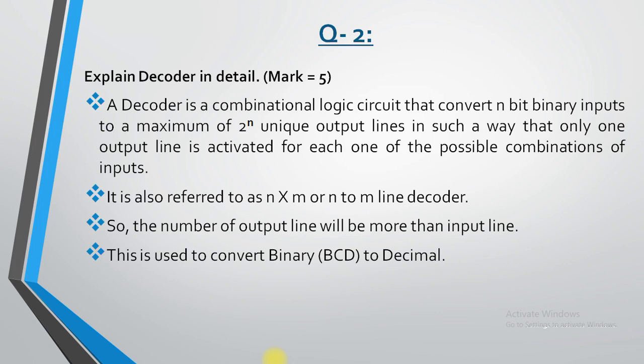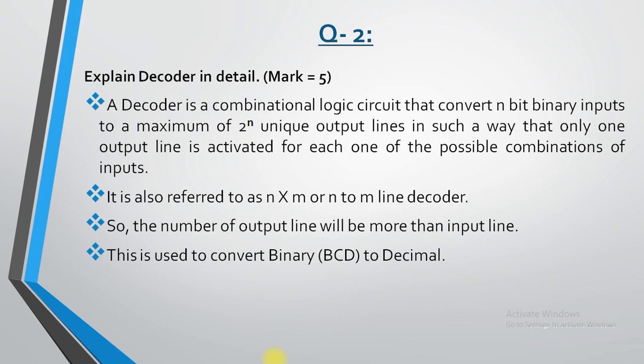A decoder is a combinational circuit which is responsible for converting n bits of input into 2 raised to n outputs. Now if n equals 2, that means there are 2 input variables, and for 2 input variables you have 4 output variables,